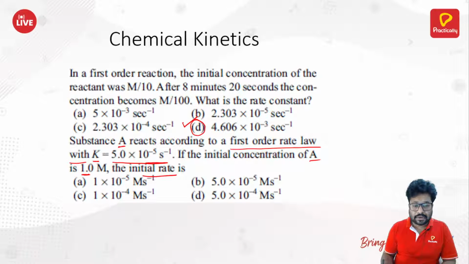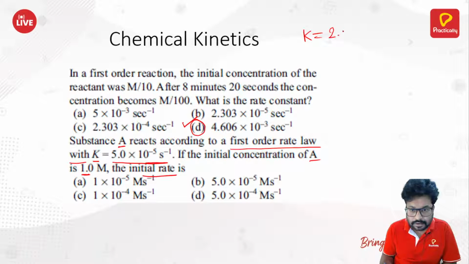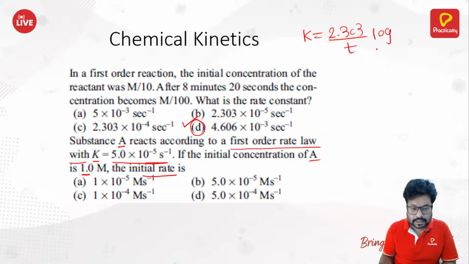Now A reacts according to first order rate law with K given. So K is equal to 2.303 divided by T into log of initial concentration of A is given. The initial rate is